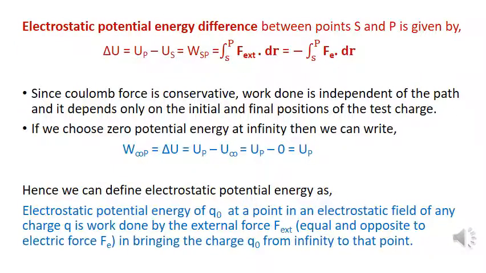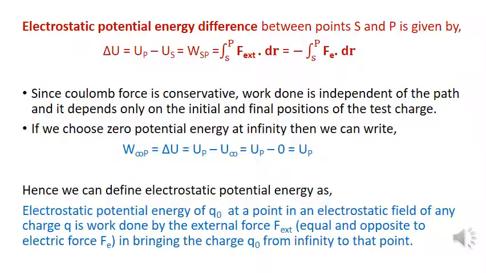Here, in bringing the charge Q naught from S to P, the work has to be done, and that work is stored in the form of electric potential energy in the test charge Q naught. Therefore, the electric potential energy difference between the two points S and P in moving the charge from S to P is given by delta U equals UP minus US, that is, U final position minus U initial position, which is again equal to WSP, the work done on the charge in bringing it from S to P. And we can write this work done in two forms: